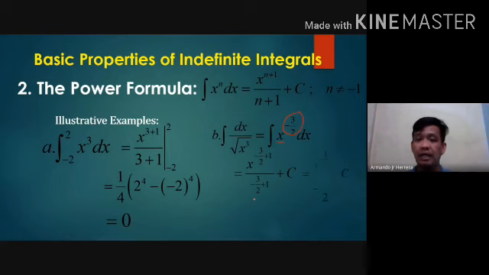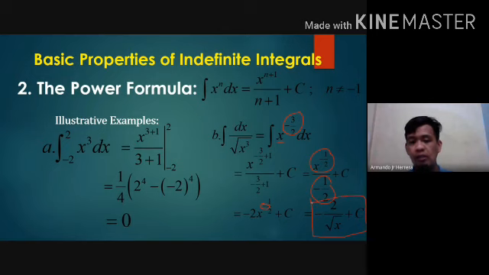So what's negative 3 halves plus 1? So that's x raised to negative 1 half over negative 1 half plus c. So multiplying this numerator by the reciprocal of this denominator, that gives you negative 2x raised to negative 1 half. So para mawala yung ating negative exponent, ibababa ulit natin siya by using the same principle na ginawa natin. So finally, we have negative 2 over square root of x plus c. So that's number 2. So for number 3,